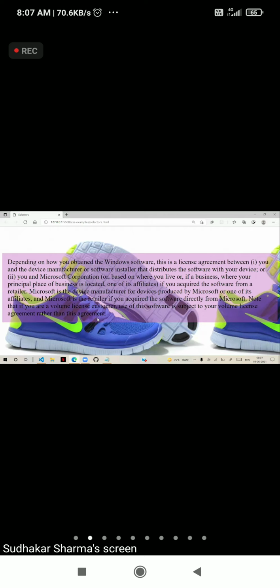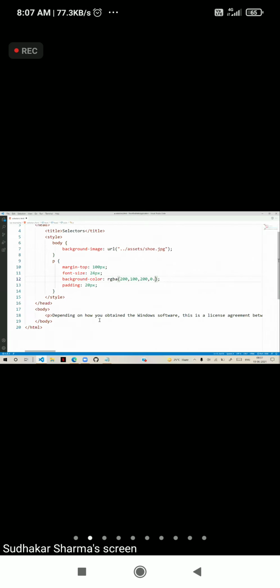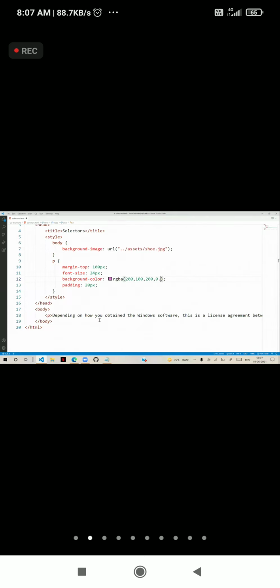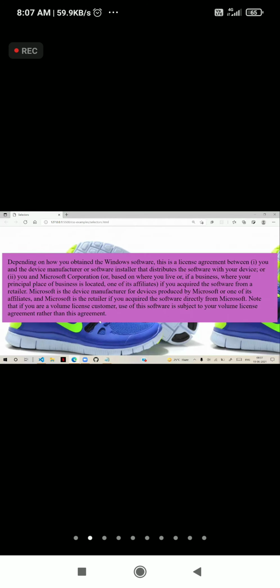I will put 0.8. That means less transparency, but you can still see the image in the background. If I keep it 1, then it is solid. You cannot see the image in the background.